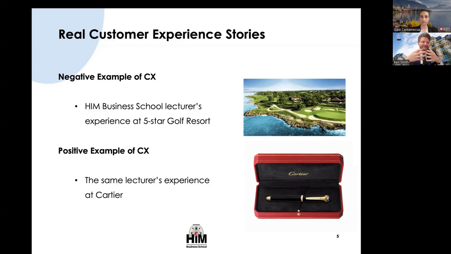And this is a clear example of not appealing to the emotions of your customer. We'll look at some examples shortly about how some companies really make an effort to take steps to fix problems. And comping meals, or giving meals at a lower cost, or giving a free bottle of wine, does not solve the problem. Okay? So this just shows that the hotel sees my colleague as just another number, another guest in